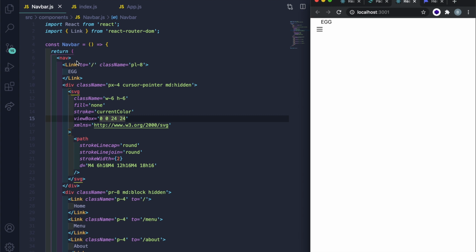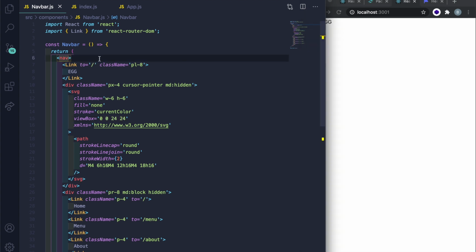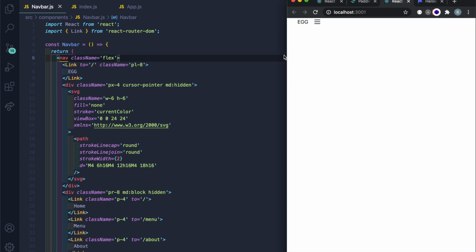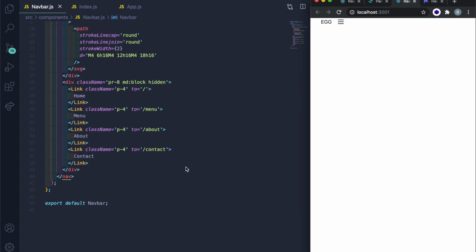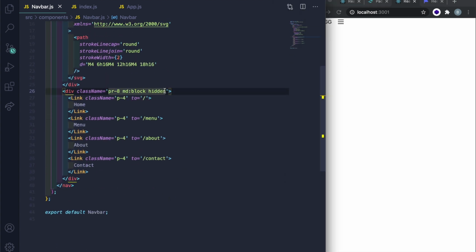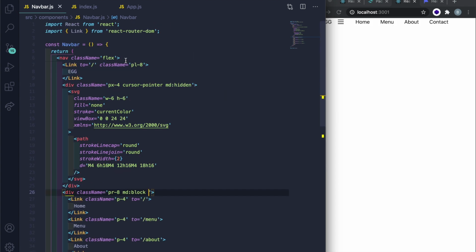So the cool thing with Tailwind CSS is you can have all of your styles in just one file, and it's just super easy to do everything. So let's do className on the nav equal to, let's flex these menu items. Actually, let me take this off. Let's just take off hidden for now so you can see it, because you're gonna be like, whoa, what's going on? So let's take off hidden on the menu, and then we'll do justify